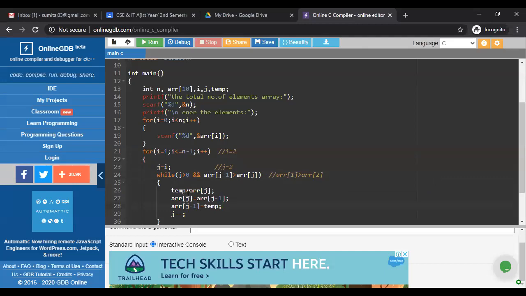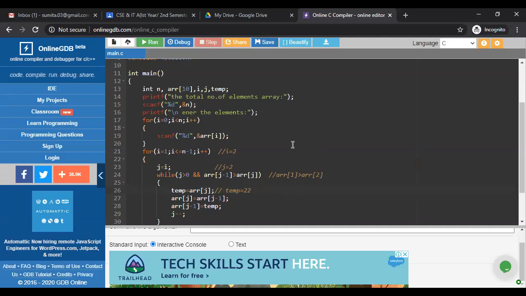what will be stored in temp? ARR j. What is ARR j? The value of ARR 2 will be stored in temp. Now what is the ARR 2 value? 22. We know that the compiler stored the value of ARR j in temp. What is the j value? 2. So ARR 2, according to our condition, holds 22.